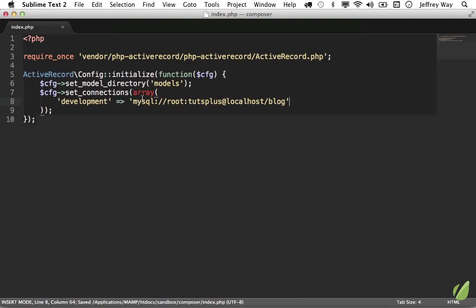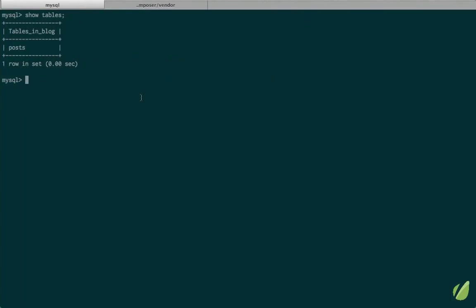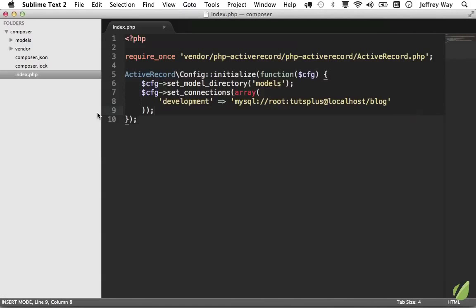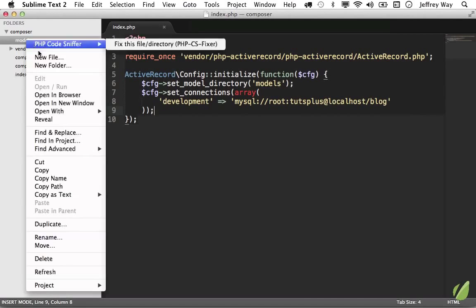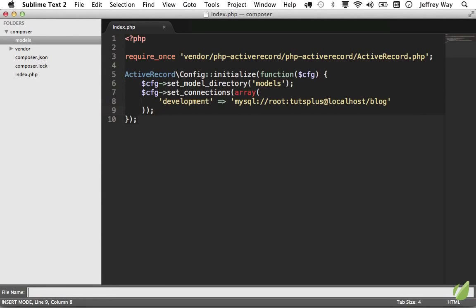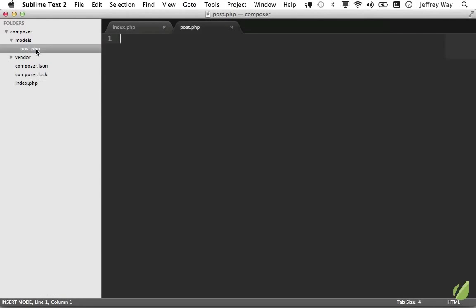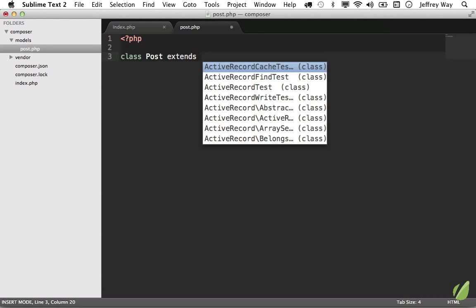Now we're going to set up our first model. And for now, if it's easier, you can think of the model as the representation of a table. So here we're going to create a model for posts. So let's do that right now. Bring back the sidebar, and I'm going to add a new file to models called post.php. Now within here, all we have to do is set up our class post, and it's going to extend